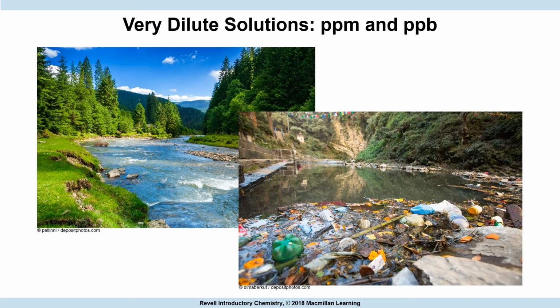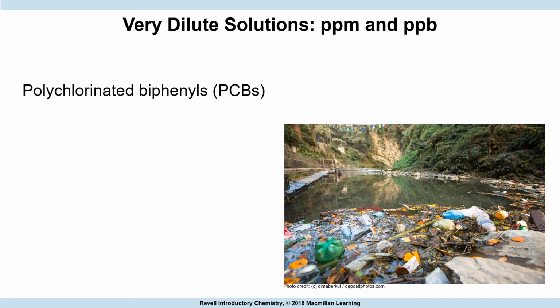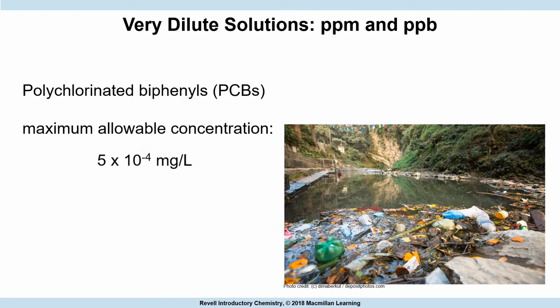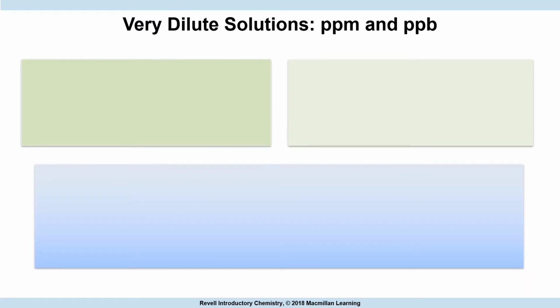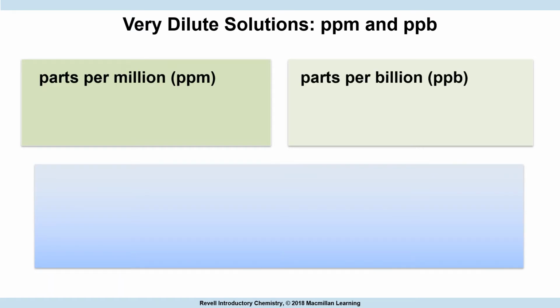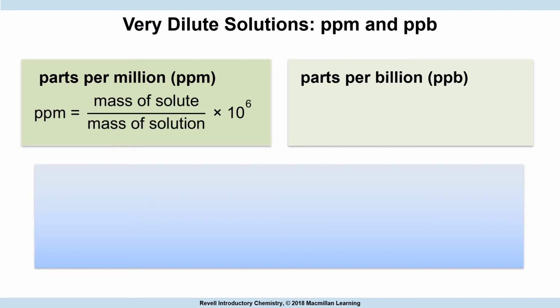Might be some heavy metals or polychlorinated hydrocarbons or some kind of pesticides at very low concentrations, so we need a good way to describe them, and this is how we describe them. And there are limits of what's acceptable, and let's see, we have part per million, part per billion, so these terms are